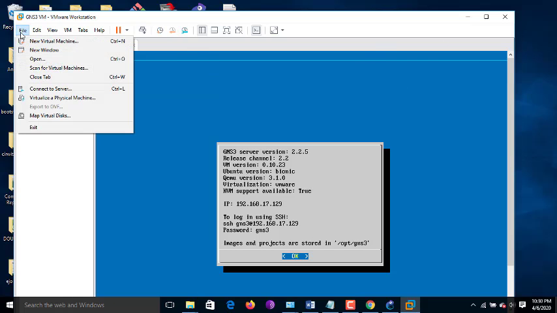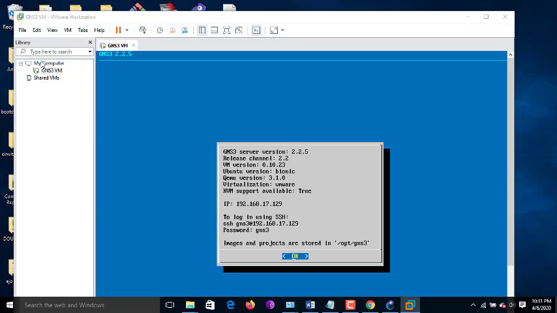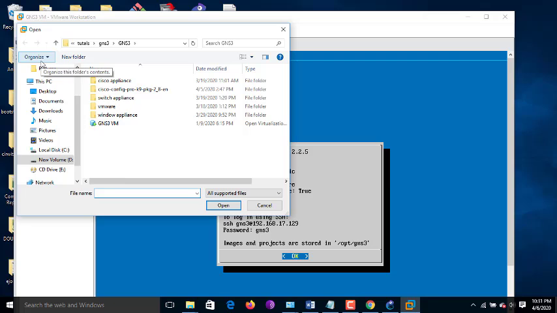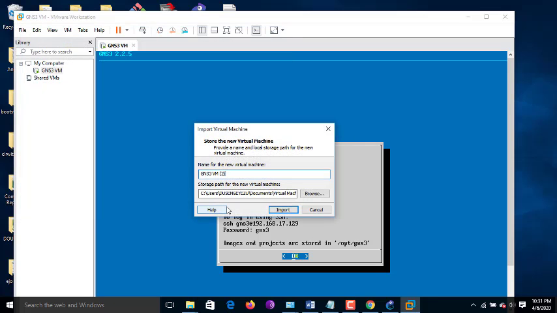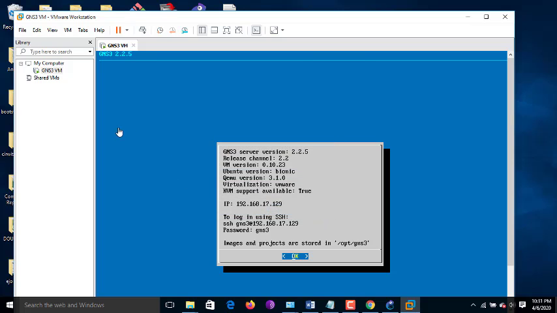To install it, once you have this open, you have to go to File, Open, then search where your GNS3 VM is extracted and open it. Okay, then it will ask you to import your GNS3 VM, which is version 2.10 because I have the previous one. Then go to next, leave everything default, and import. Okay, and then once this is installed,